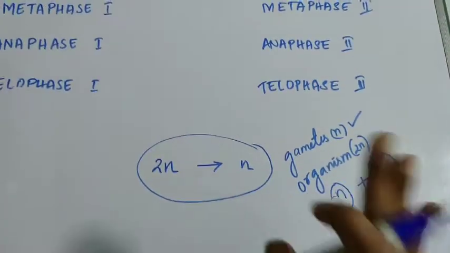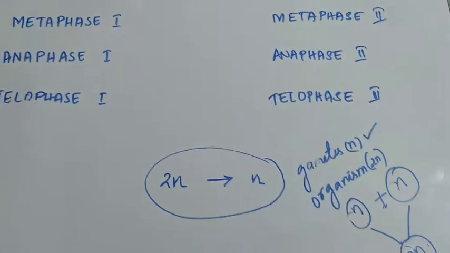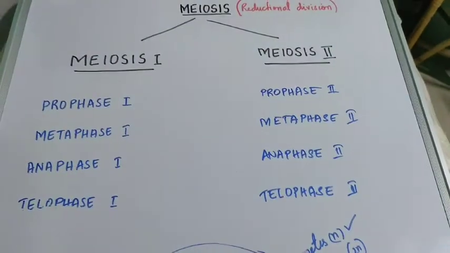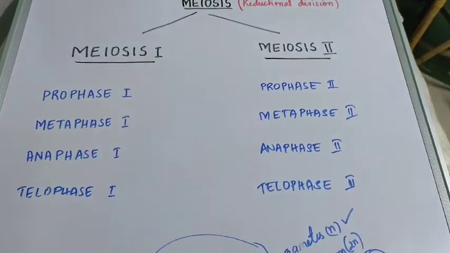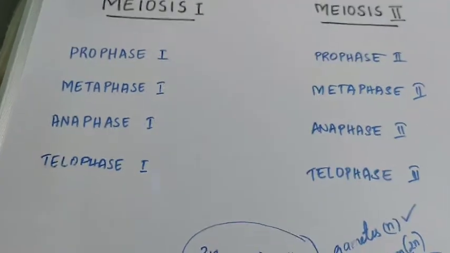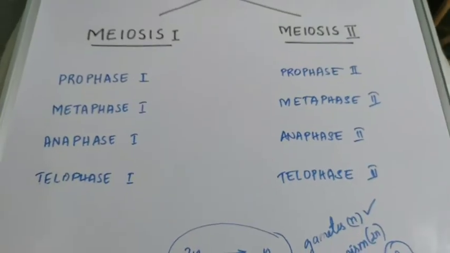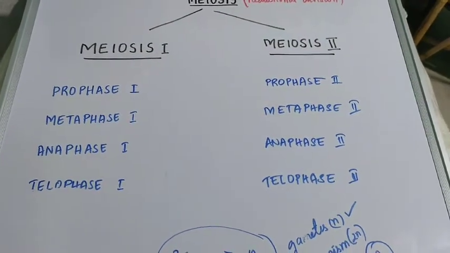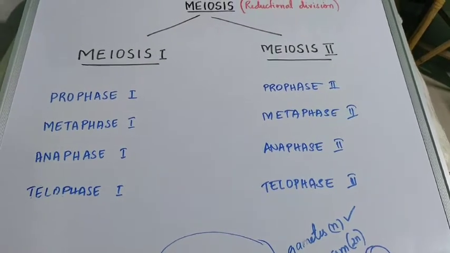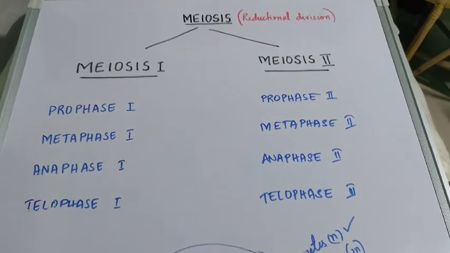Okay, so during gamete formation, meiosis is the kind of cell division which takes place. So we'll be discussing more about meiosis. And if you want to understand more about what happens during meiosis, please take page number 167. In there, points have been given about meiosis. What exactly happens during meiosis has been given in short.